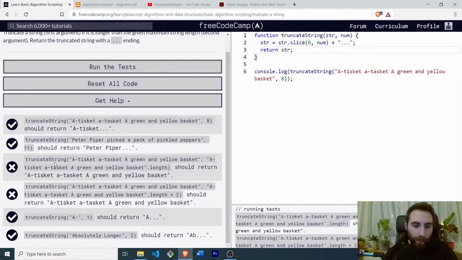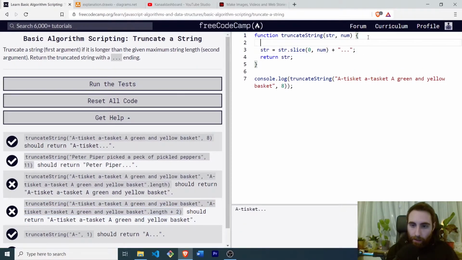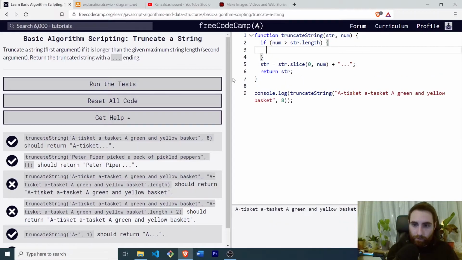Now let's test if it was okay. We do not pass all the tests, because what if you say just take the whole length, or take more than the length of the string? That would be an impossible case. So you would say if the num is bigger than the length of the string, then just return the string, and otherwise